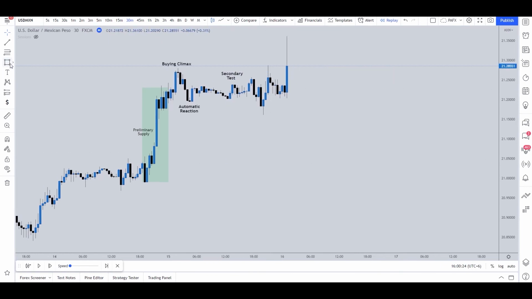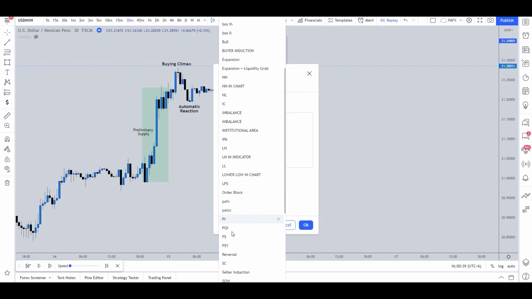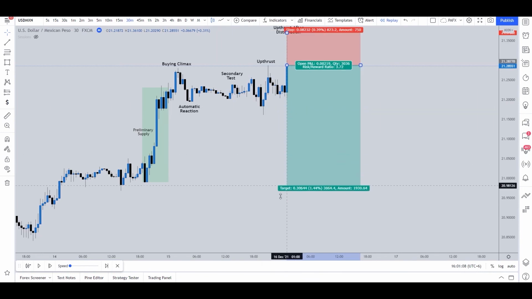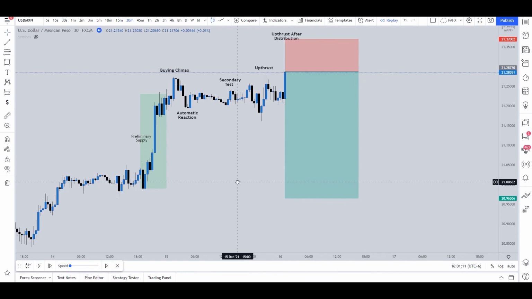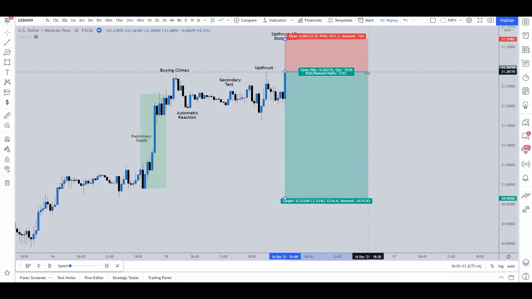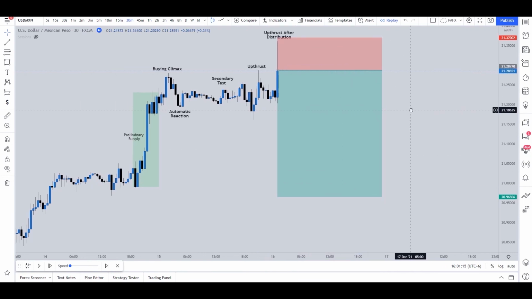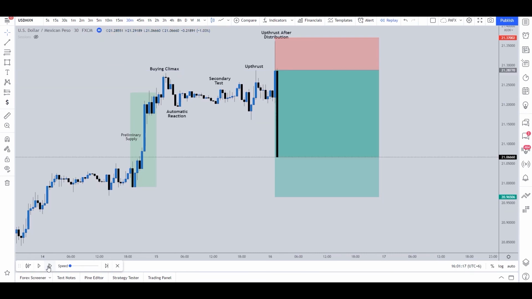Now after that, we had an upthrust in price. So after the upthrust in price, we waited for our UTAD retest, and when the retest was happening, we took our entry there. So we took our entry here and placed the stop loss right there, and our target was this equal low over here. Now let's see how this analysis worked out.